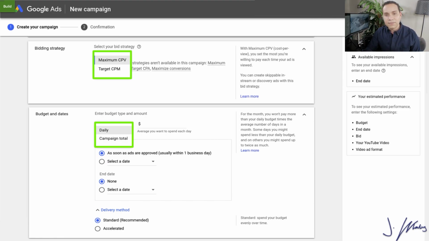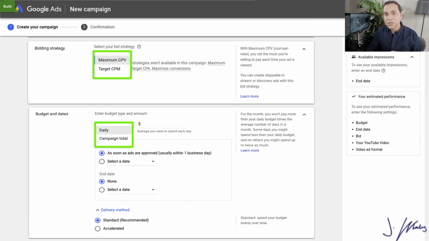So we're going to go ahead and leave it at cost per view, CPV, and then for our budget, we want to set it to daily. Now, if you want to make sure that Google doesn't run away with your money, go ahead and set an end date for 2 weeks out. What this is going to allow you to do is make sure that if for whatever reason you forget that you're running some YouTube ads, Google doesn't run away with your money, because they are not going to give you a refund if you forgot to turn your campaign off.